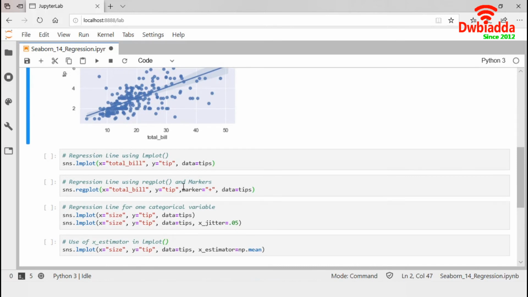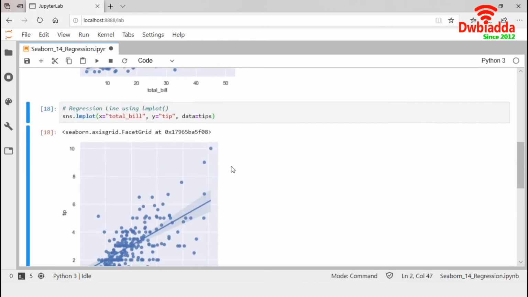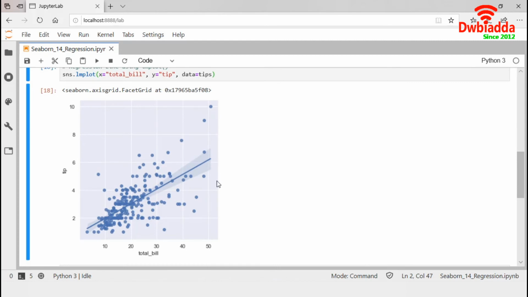Now we will generate a regression plot using the same data. The only difference is instead of regplot, we will use lmplot. Let's execute this. The resulting regplot and lmplot are identical except that the figure shapes are different. The other main difference to know about is that regplot accepts the X and Y variables in a variety of formats, including simple NumPy arrays, pandas Series objects, or as a pandas DataFrame. In contrast, in lmplot the X and Y variables must be specified as strings. Other than this input flexibility, regplot possesses a subset of lmplot's features.